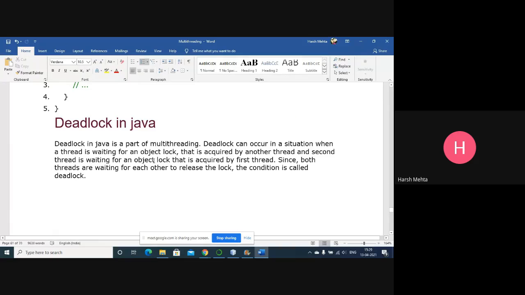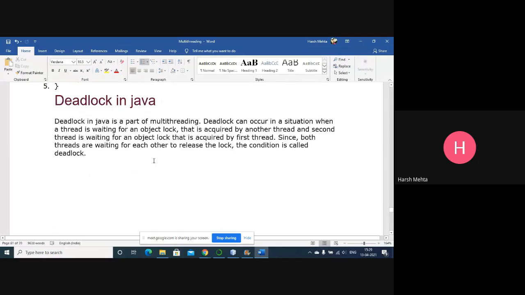So what is deadlock in Java? Next topic is, it's a part of multi-threading where deadlock means what? Where a thread is waiting for an object lock, one thread is waiting for a lock, and that lock is required